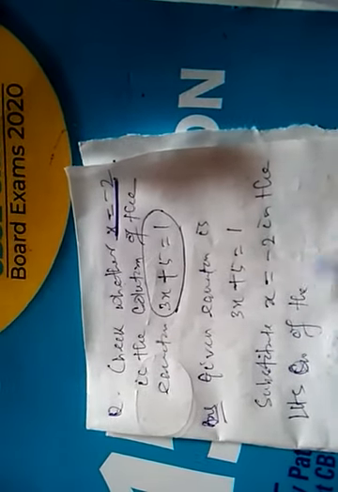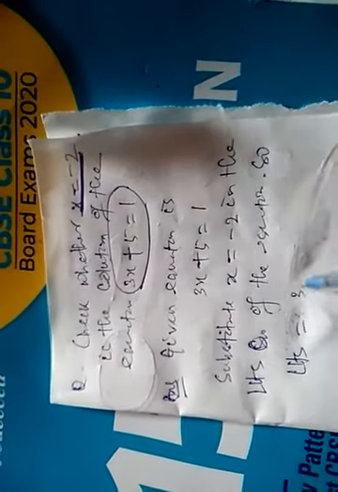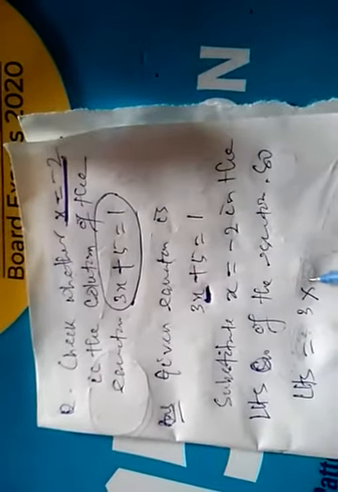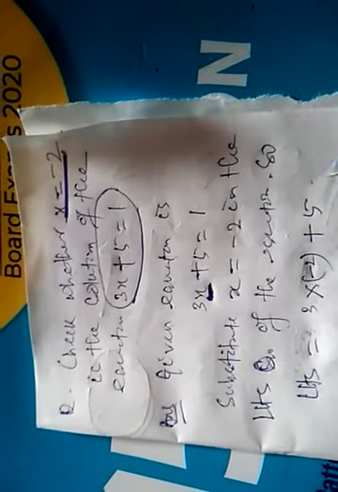Given equation is 3x plus 5 is equal to 1. Substitute x is equal to minus 2 in the left hand side. Now you have to see what becomes LHS. So LHS is equal to 3 into this x. In this x you write here what? Minus 2. Then what is it? Plus 5. Don't write equals to 1.